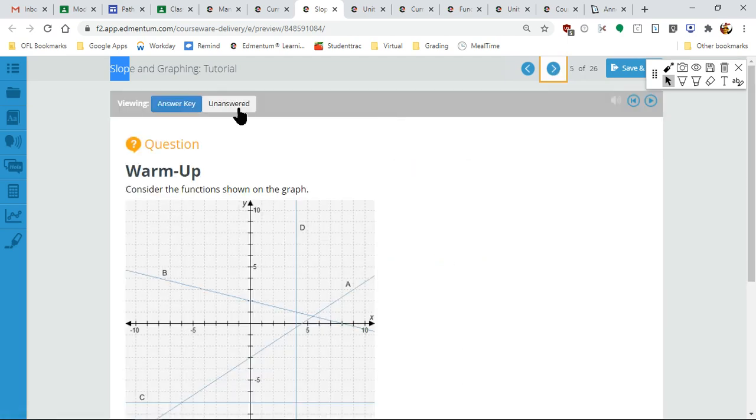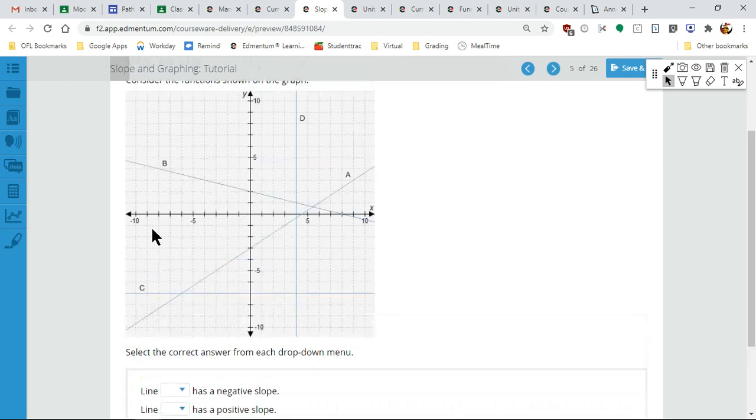So finding the slope. When we're finding the slope of a line, what I like to do is go where it crosses the grid. So where it crosses these little points, I like to find 2 points where it crosses. In this line, I see these 2 points. So when I'm trying to figure out my rise over my run,